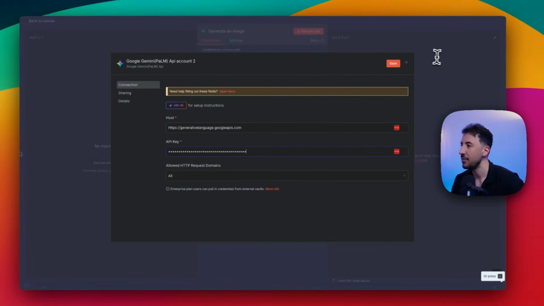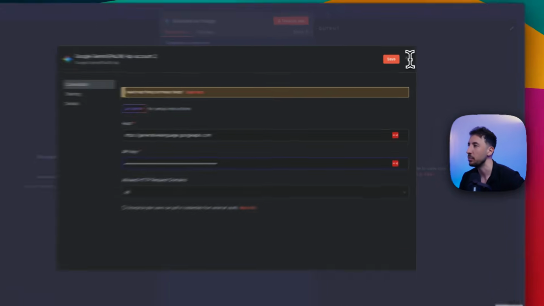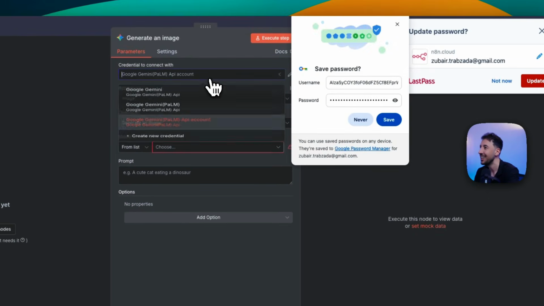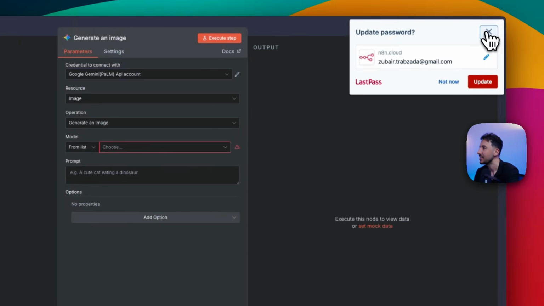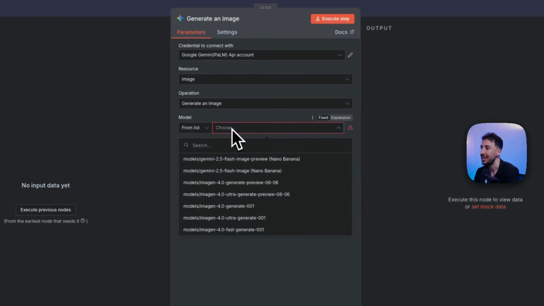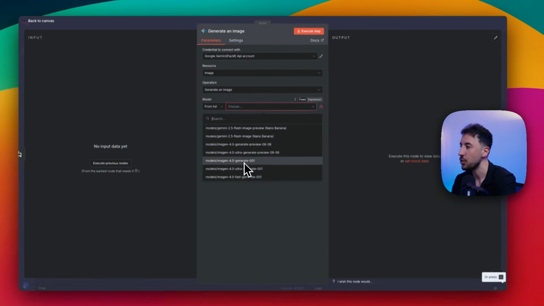You're going to click on save and your API key will be now created, or your account will be created. I'm not going to do that since I've already a bunch of accounts there. So let me get rid of this. There you go. So once you do that, you're going to leave everything else as it is. You're going to click on the model. You're going to click from the list. So if you did your connection right, this is going to open up all